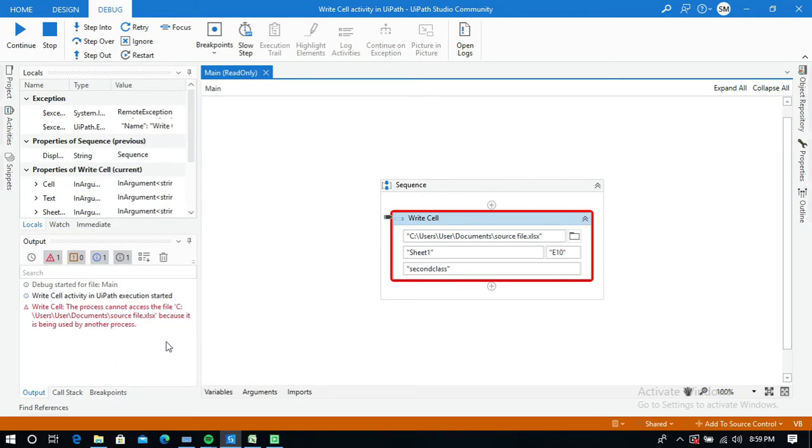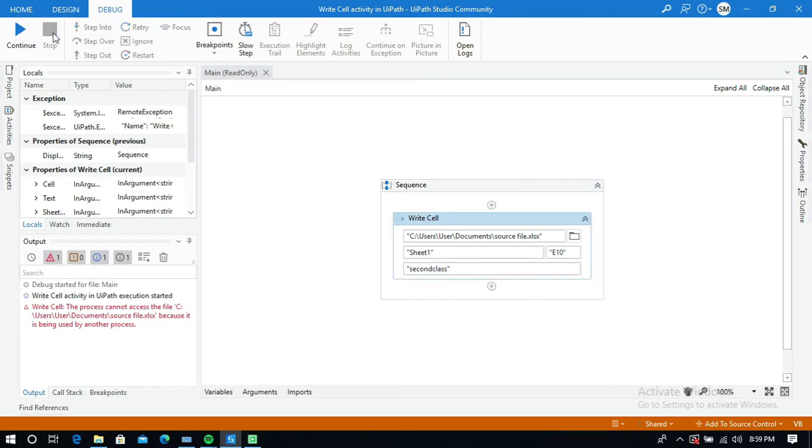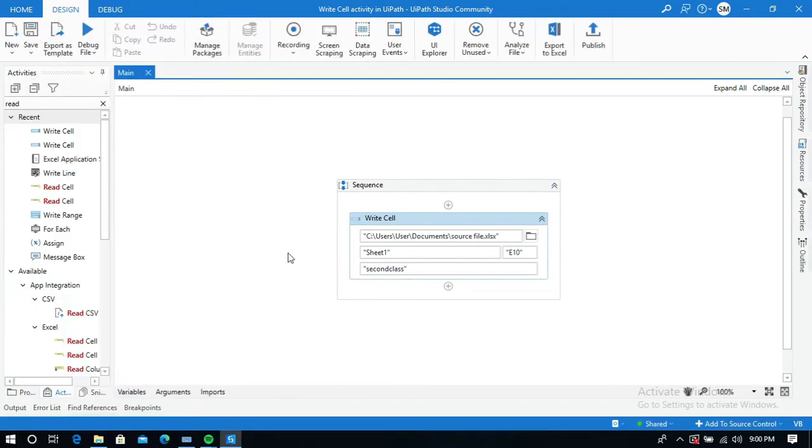Here you need to close your Excel file before you run. Let me close this, stop the process and run again. You need to close your Excel application before running these tasks.